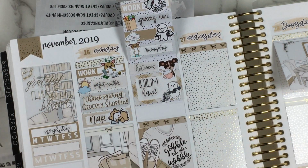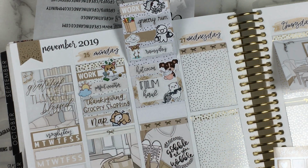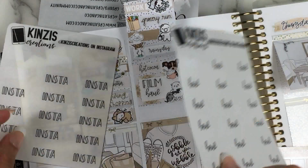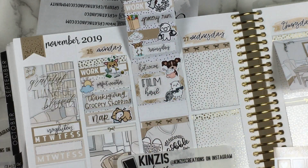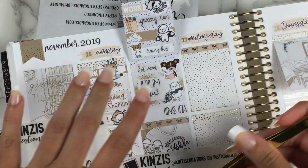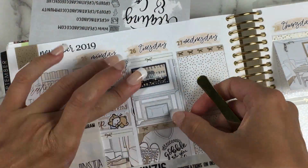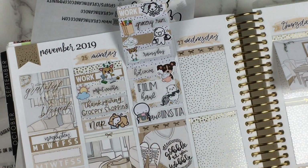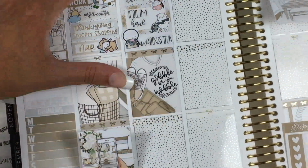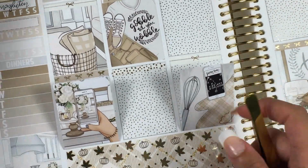And then I did an Instagram post for the haul that went up probably that Sunday. And then that sticker that I'm using to mark that is from the Coffee Monsters Co. That little Instagram emoji right there. So I also did some more cooking that afternoon. Yeah, a lot more. So the only other two things I'm going to mark for this day are cooking and